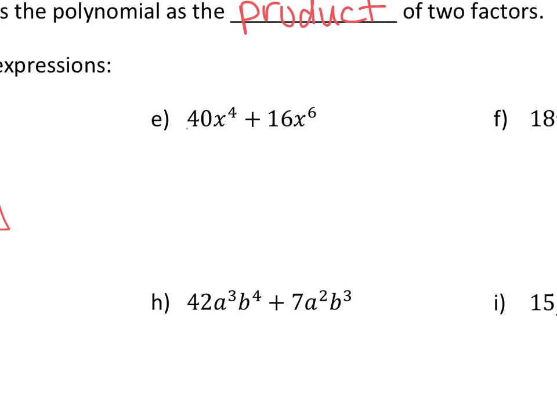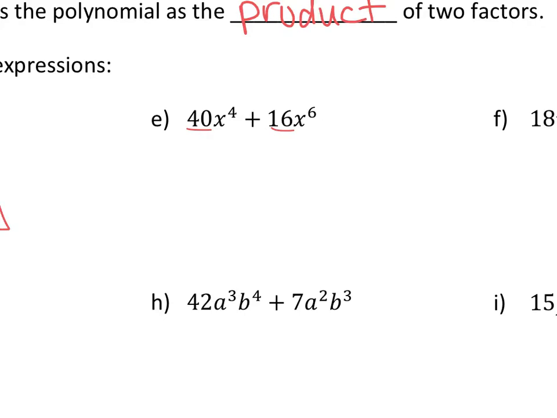Letter E, 40 and 16. Now, you could actually use your calculator to find the greatest common factor. Sometimes it's a lot easier just to do it in our head. Some of them are fairly easy. Sometimes they won't be as easy. So if you take a look at your calculator,